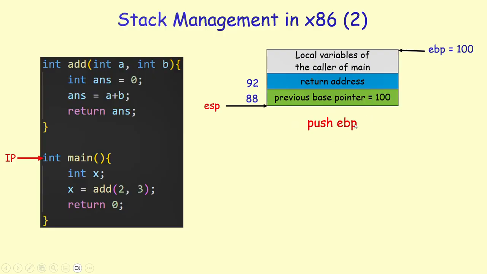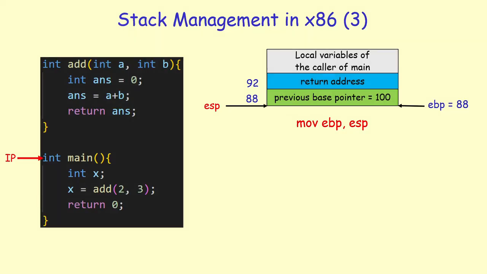Obviously, when you push something into the stack, the stack pointer is now going to get decremented by 4. So it's now 88. The next thing I need to do is to move the base pointer to where the current stack pointer is, which will be the base of the call stack for main. I do that using the move EBP, ESP instruction. So what this is saying is take the value of the ESP register, which is 88, and copy it into the register EBP. That's why they both point to the same location now. The previous two instructions, push EBP and move EBP, ESP, establish the call frame for the function main.